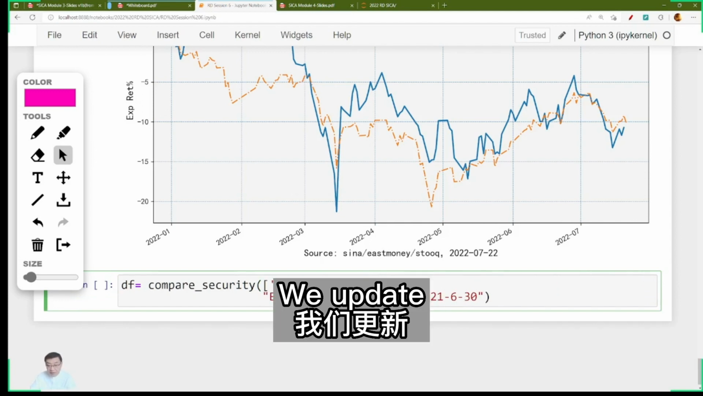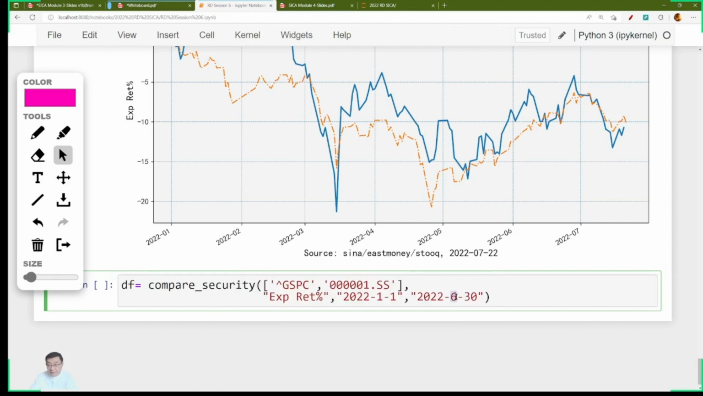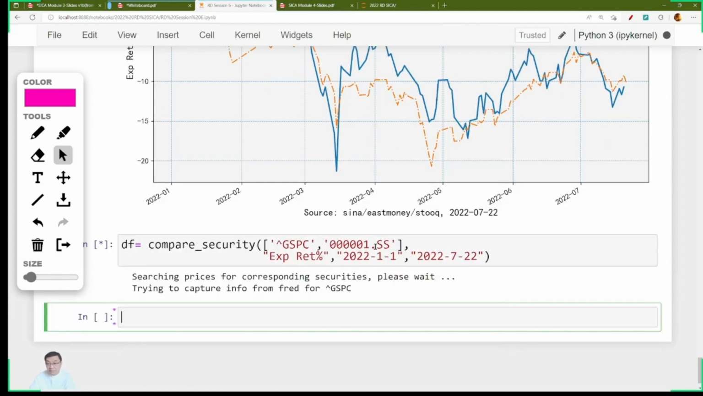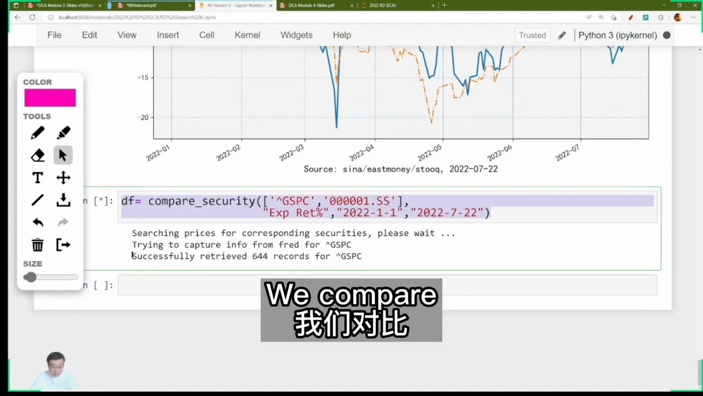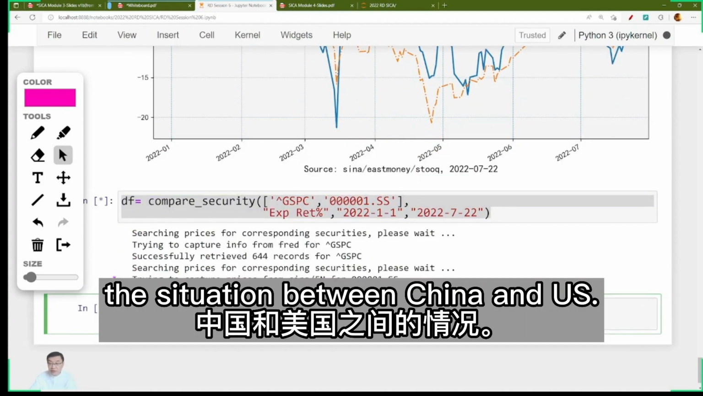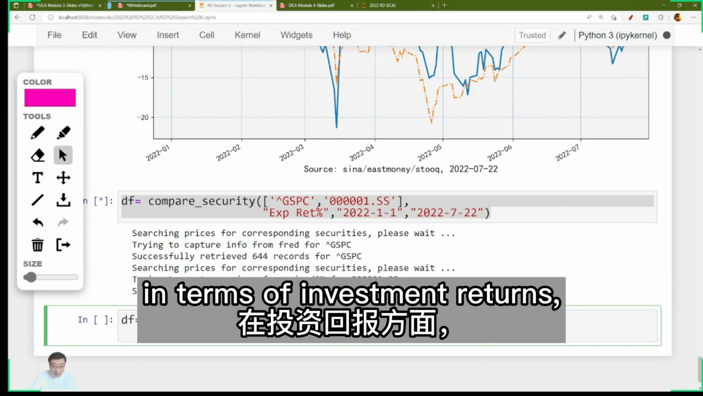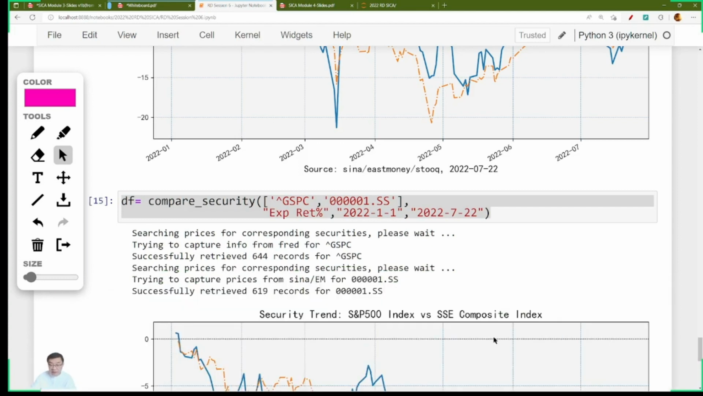We update the period of analysis to this year. We compare the situation between China and US, and also we compare the situation between China and Japan. In terms of investment returns,